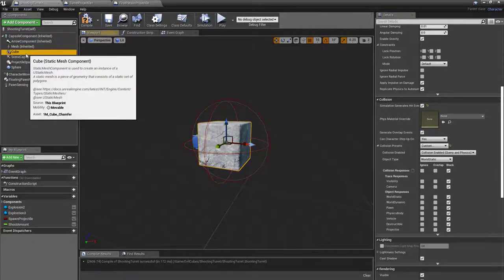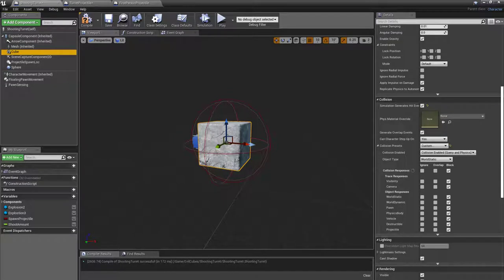From there, we're going to select the cube, and inside the cube, the settings for that are going to be, yes, we want it to generate a hit. We do not want it to generate an overlap. We want this to be yes, custom. We do want collision enabled for the query physics. We do want this to register as a pawn, and then we want everything to remain blocked on that. So with that done, we can go ahead and hit compile and save,